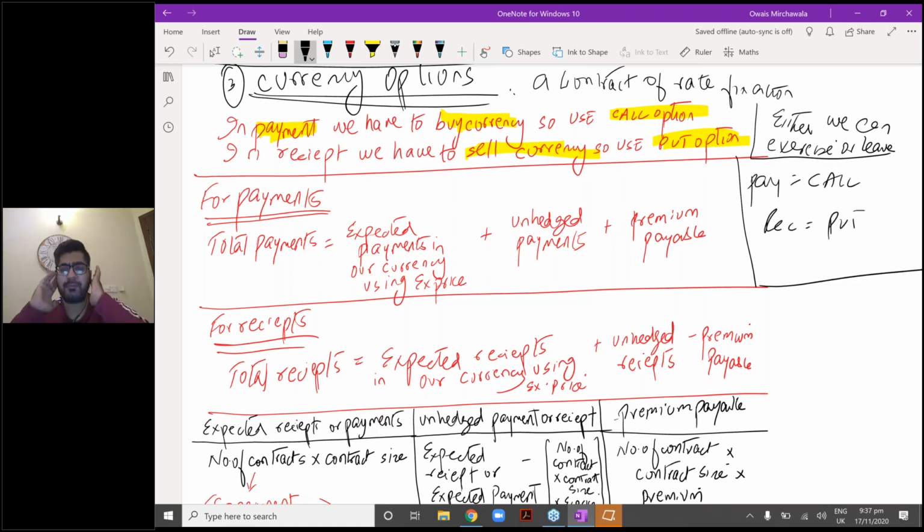Fair enough. In payment, obviously when you have to pay someone, you have to enter into a buying contract with the money changer. You will buy and then pay. If you are paying 100 GBP to ACCA, you first have to buy from the bank and then pay. So use call option, buying. And if you're receiving, you need to sell, so use put option. Okay. Now,